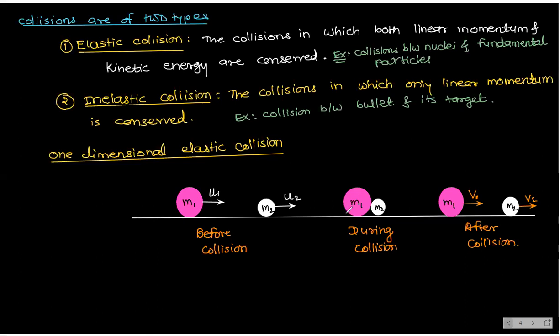Now see, how to write the theory part in your own words. You just explain about the diagram only. You can see this diagram. So what can you see in the diagram? There are two spheres, M1 and M2. They are moving with initial velocities U1 and U2, and after collision, they are moving with velocities V1 and V2. That's all you have to write, in sentences.